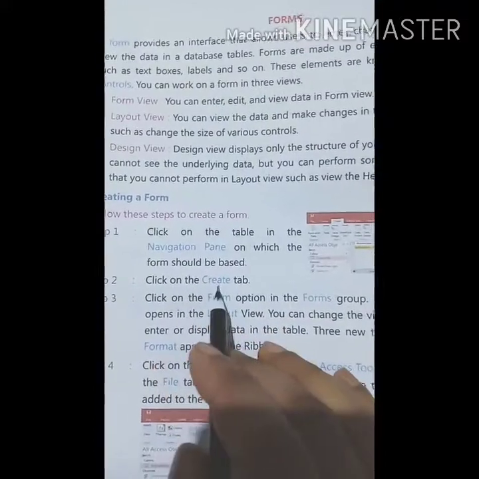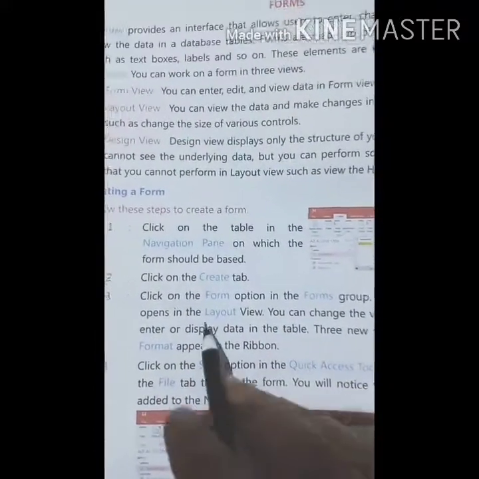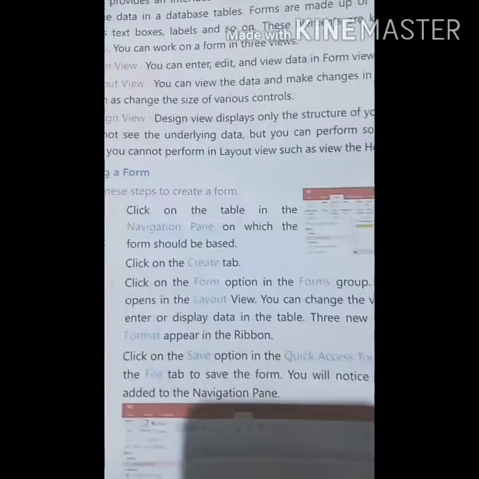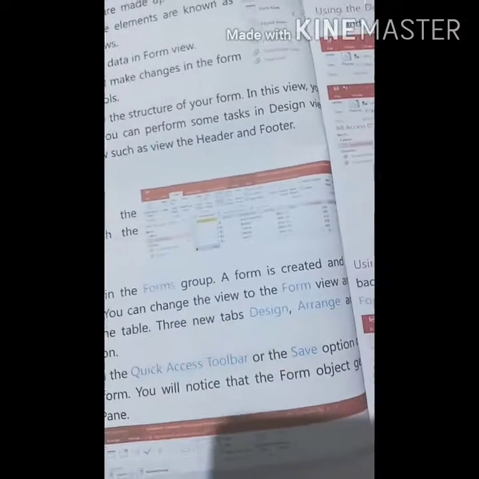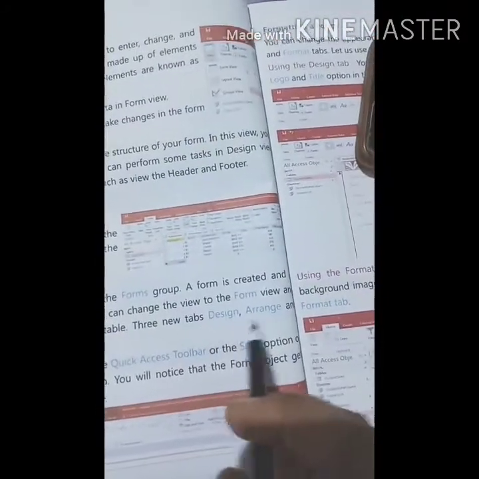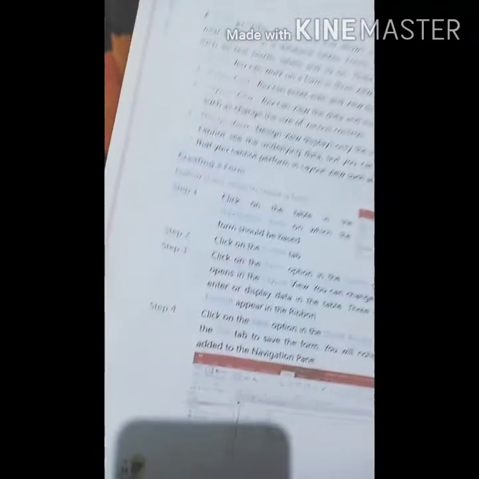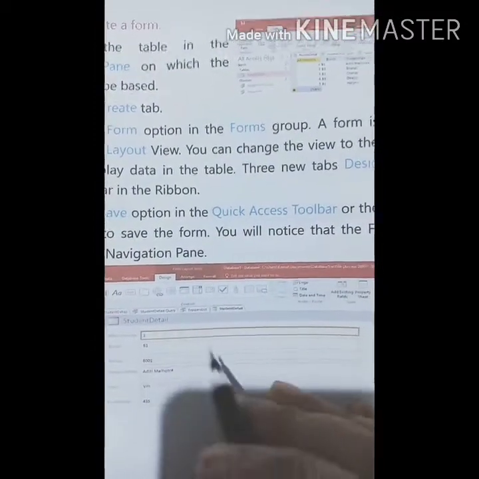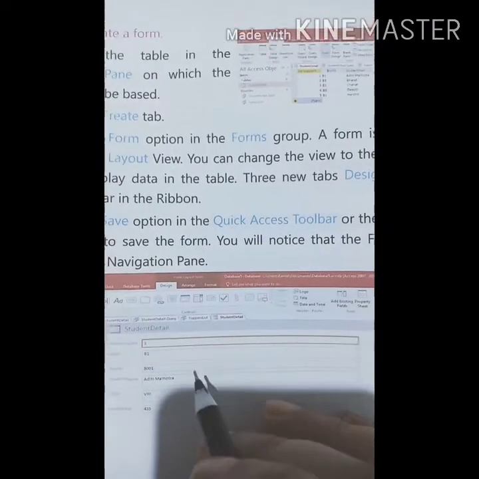Click on the Create tab and click on the Form option in the Form group, and select the layout which you prefer. Three new tabs, Design, Arrange and Format, appear in the ribbon. And after that you save. So like this the form appears.